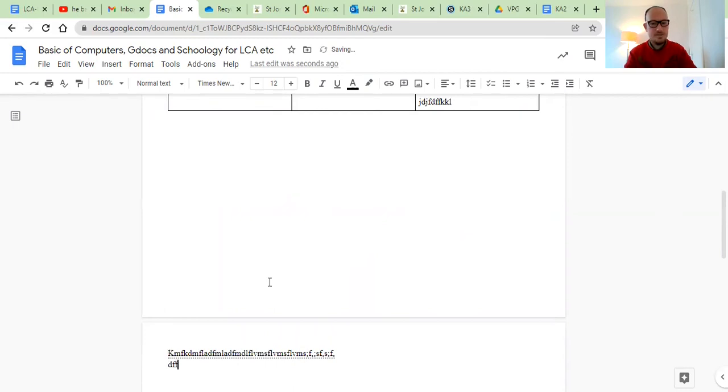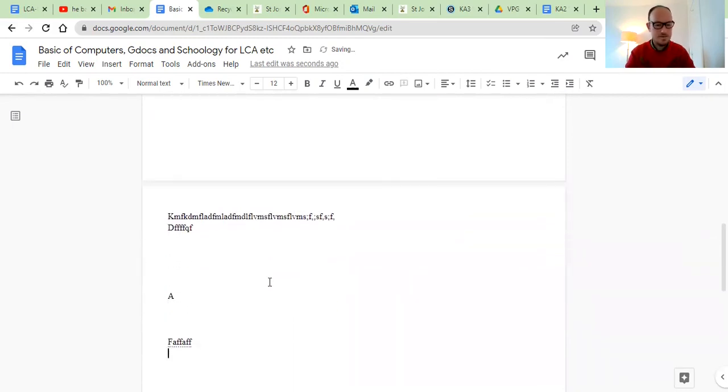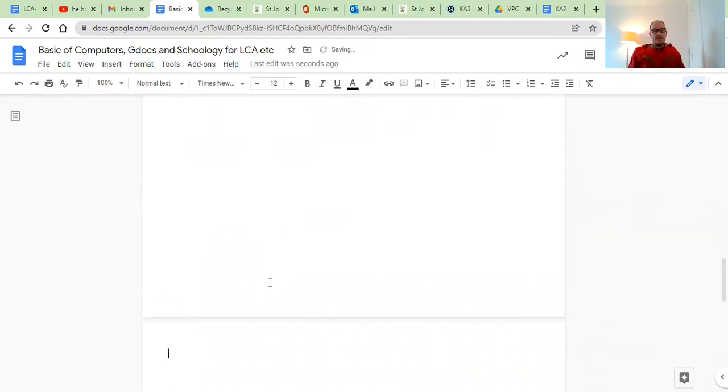And just say you wanted to type something which doesn't use the whole page, but you want to print it off separate. Again, go Control Enter. Okay, and it'll bring you down to the next page. Okay, so that's how you do page breaks. And that can be important for moving your documents through the right amount of pages for printing, and making sure it finishes at the right part, and that you know where it's finished,